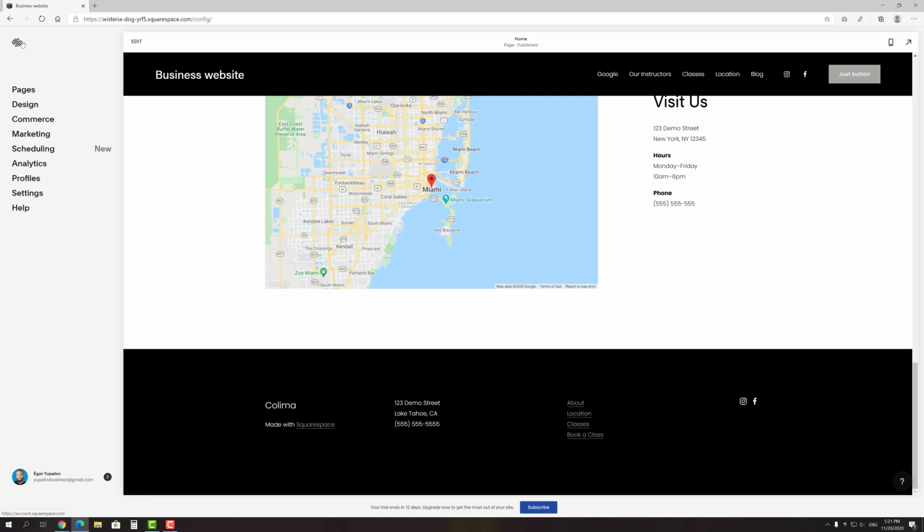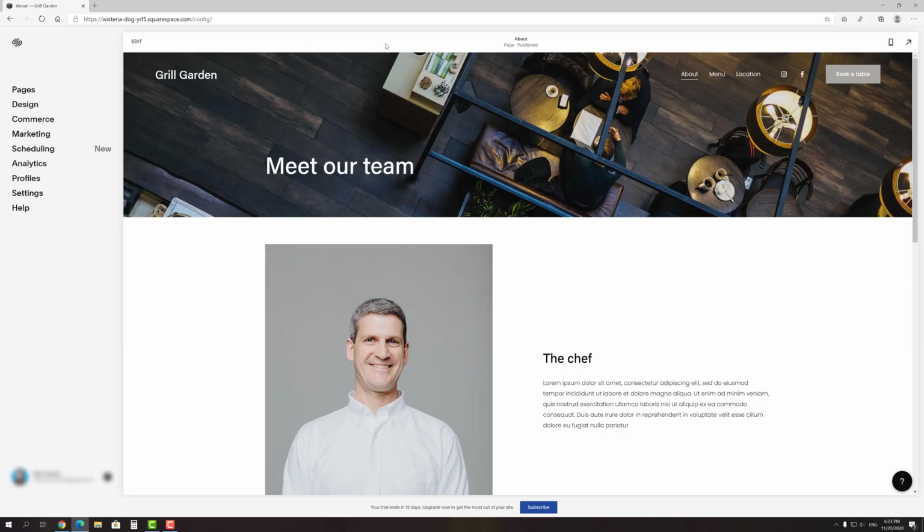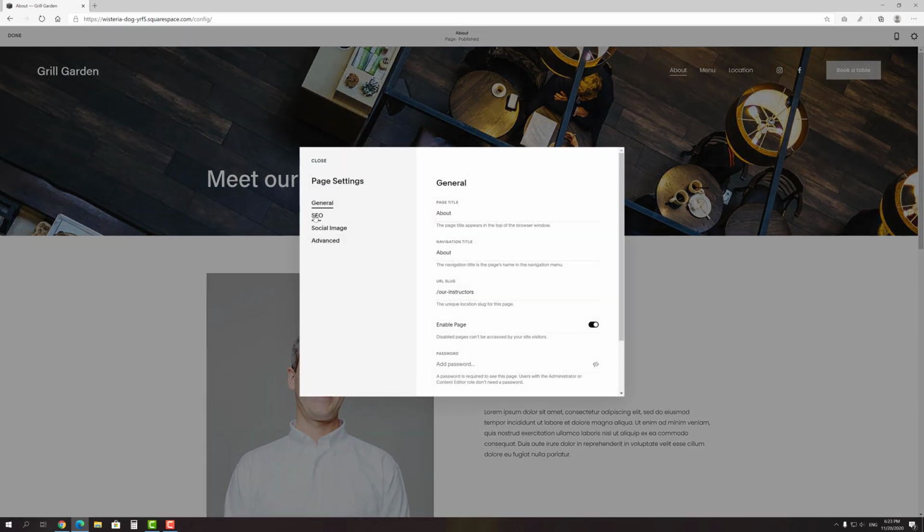As for the homepage, you can edit its SEO parameters in the Marketing tab by choosing the appropriate item. Also, here you can find the link to the SEO checklist that contains additional optimization steps. However, to edit the title and description of any other page, you need to open it, click Edit, and then click the gear icon in the upper right corner.